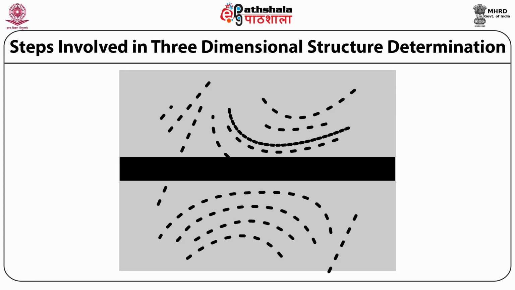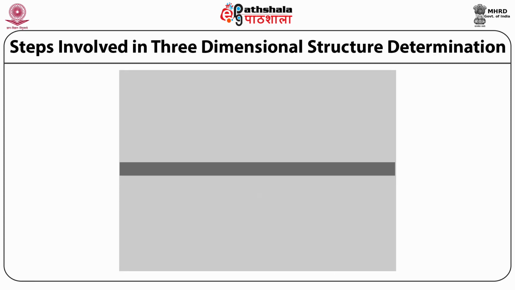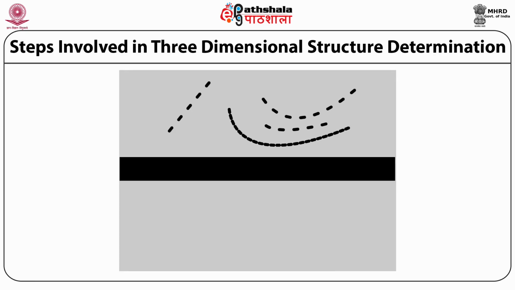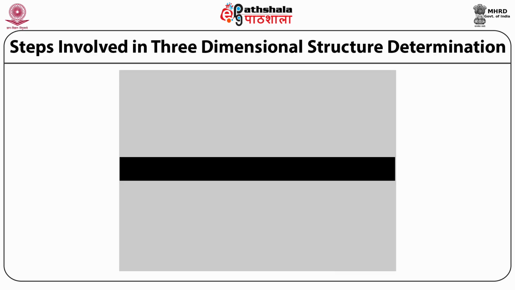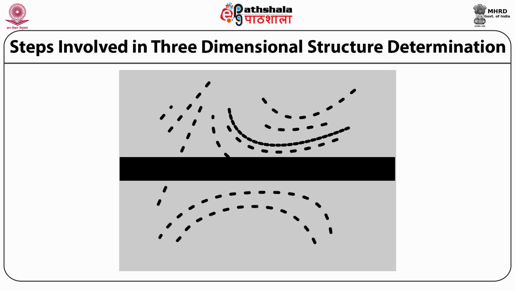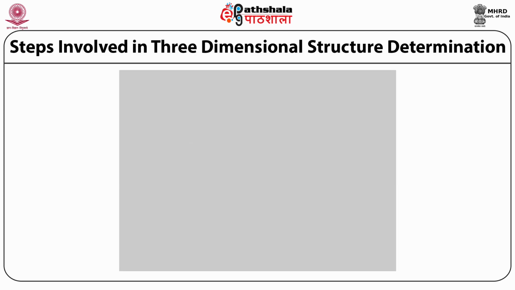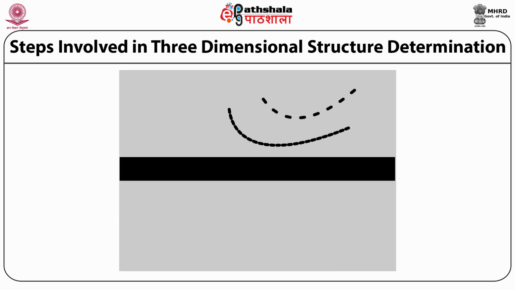Later on, they measured the intensity of the spots visually. This is the reason why sometimes it became erratic. Also, they had to do the Fourier synthesis, for which the trigonometric terms sine and cosine have to be calculated, and there was no calculator at that time. In spite of that, because of their involvement and hard work, they were able to do the structures. Of course, the total number of molecular structures determined was very small.